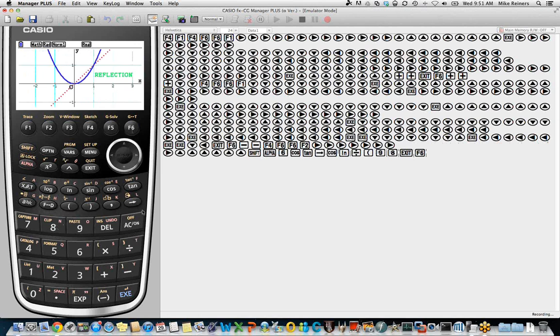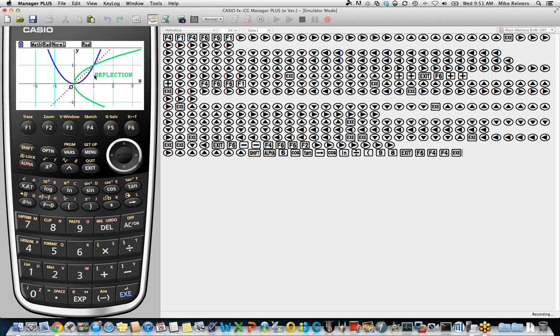Exit and go back, and there's a nice indicator of what might be going on here, for example, when we draw the inverse. And remember, you can superimpose sketches, so it doesn't matter what order you do the sketches in. We can talk about one graph being a reflection of the other.